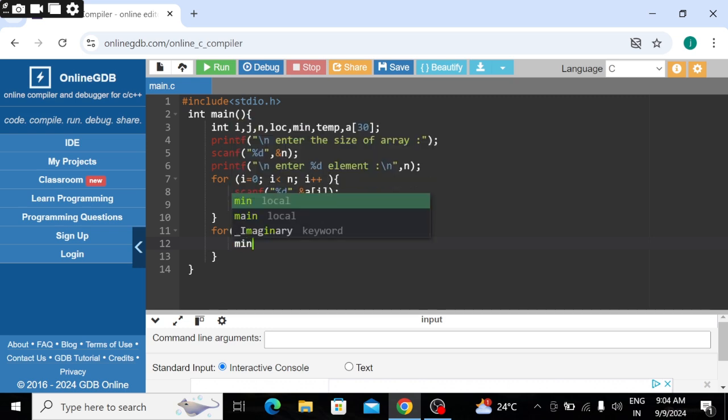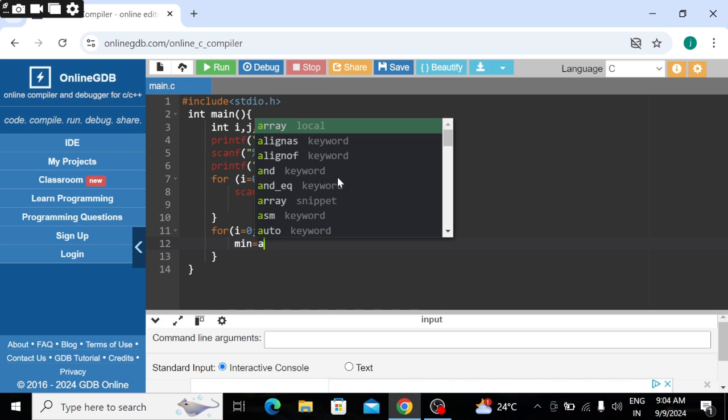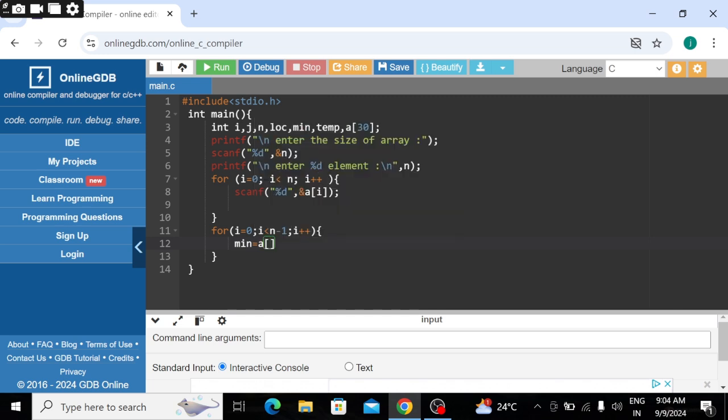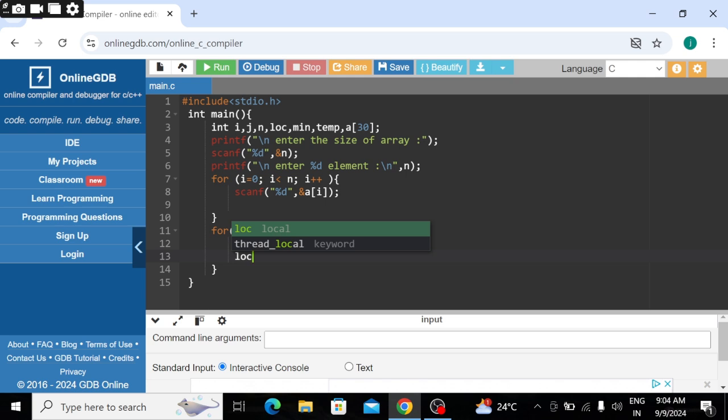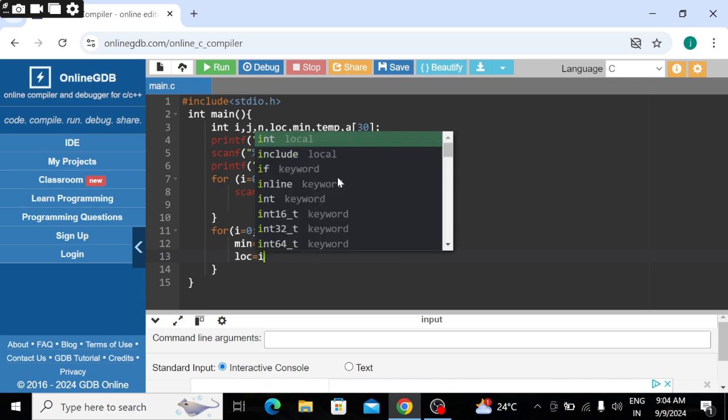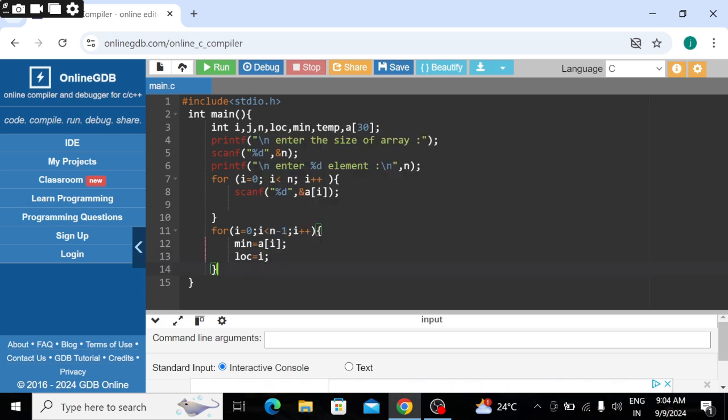After that we give some conditions. In it, min, the minimum element, is equal to a[i], and loc, which means the location, is equal to i.